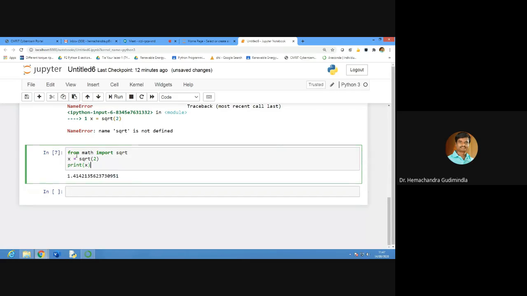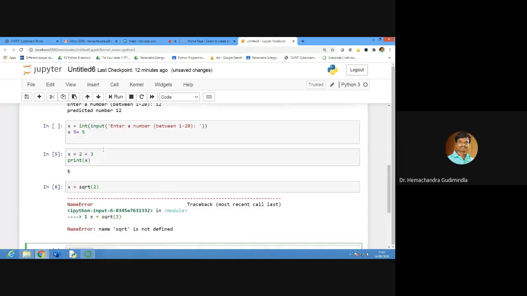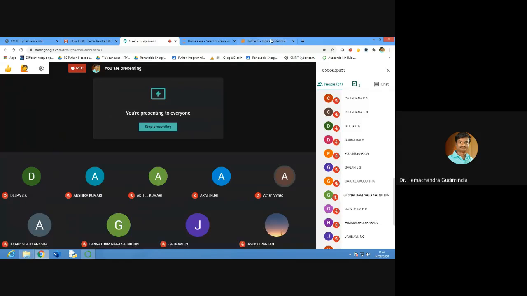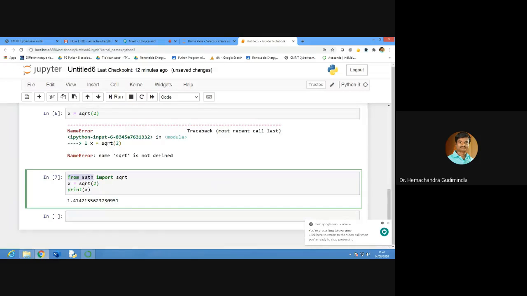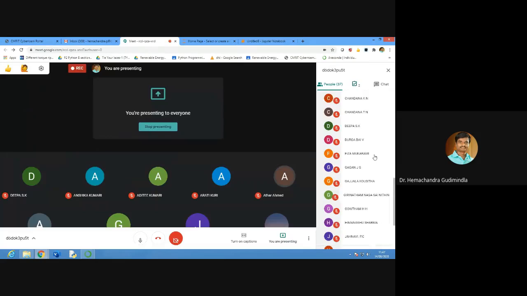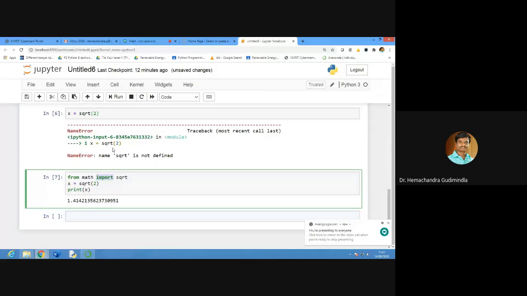Even though everyone is present in the class, some people like addition, subtraction, multiplication will react immediately. But some people we have to import. So from the class, those who are presenting, please come forward; I need to import you from the class. Because I got one doubt: plus is also a mathematical term, square root is also a mathematical term. Then why do I have to import square root only? I am not importing the addition and subtraction operators, right?